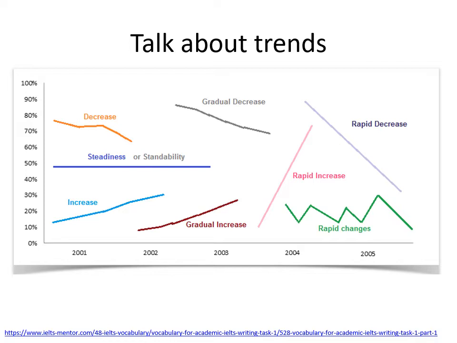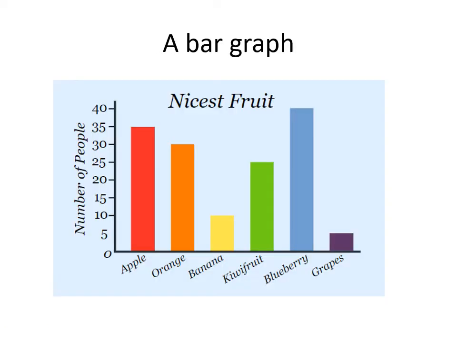Alright, so here we have some examples of different types of graphs. The most simple graph in general is a bar graph. You see they asked different people, maybe 100 people, about what their favorite fruit was. And you see this group is very interesting because they clearly come from America because they all love blueberries. Okay? I hope you love blueberries. I love blueberries.